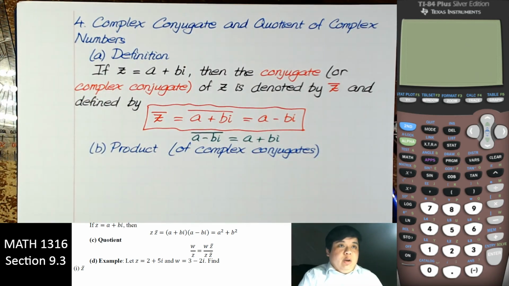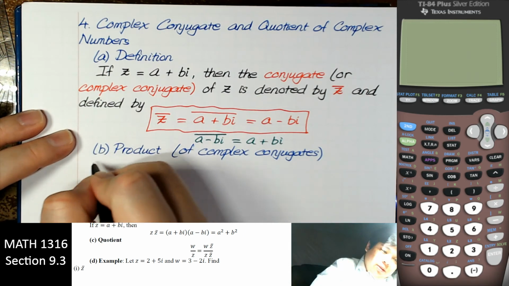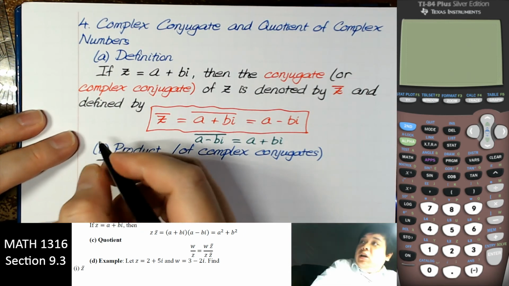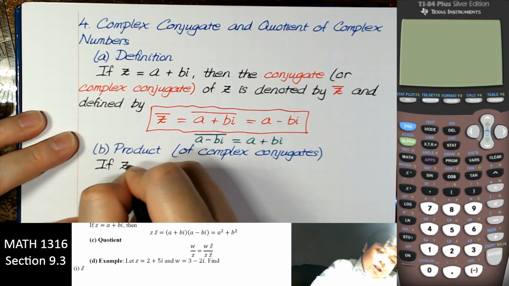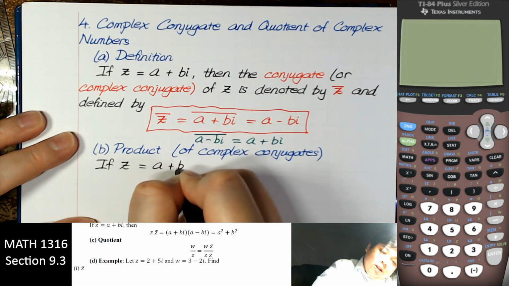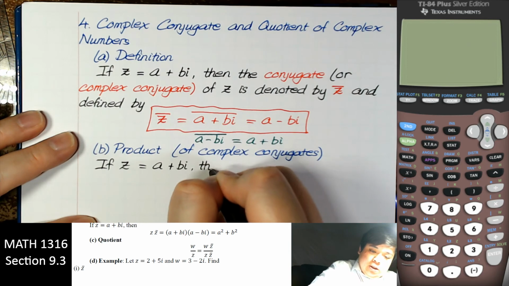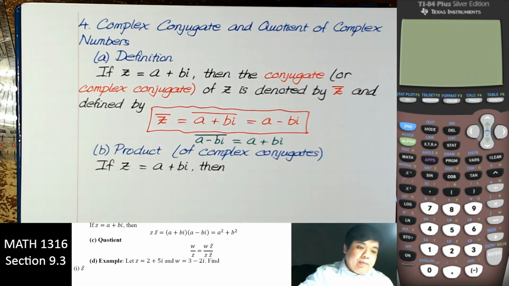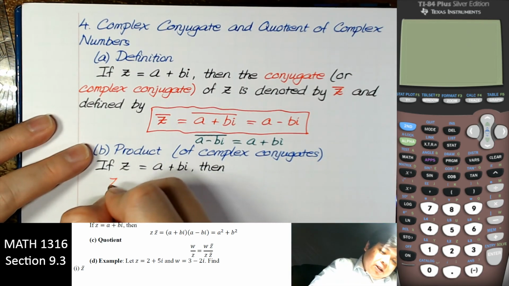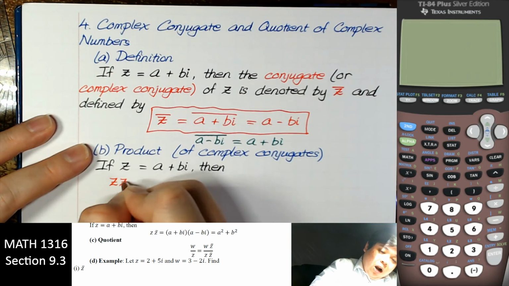So again, the real part remains the same and the imaginary part turns to its opposite. If we have z equal to a plus bi, then the product of a number and its conjugate,